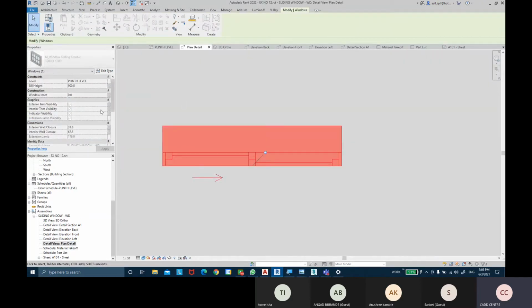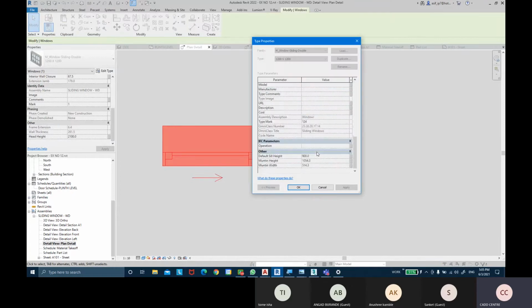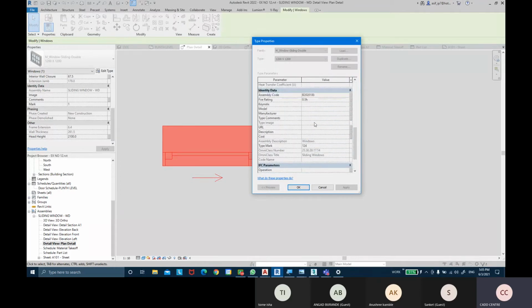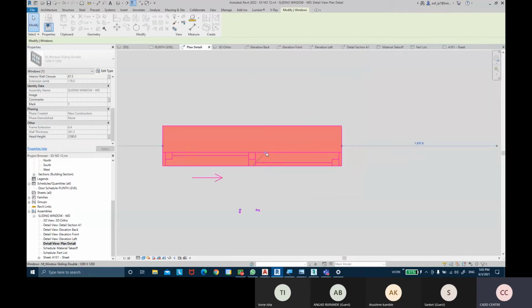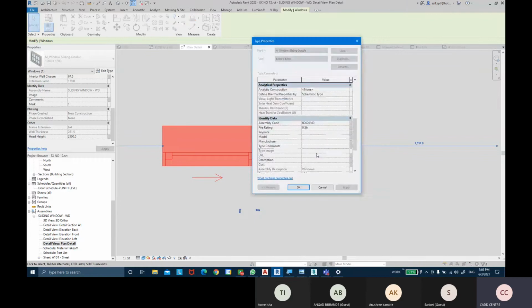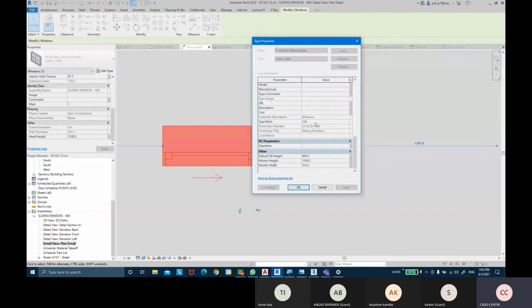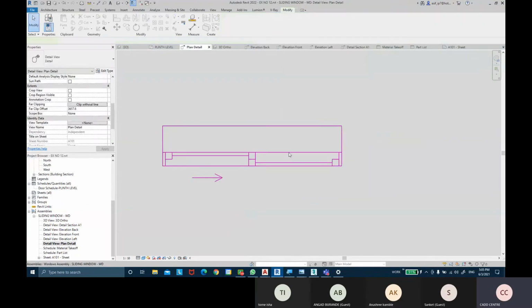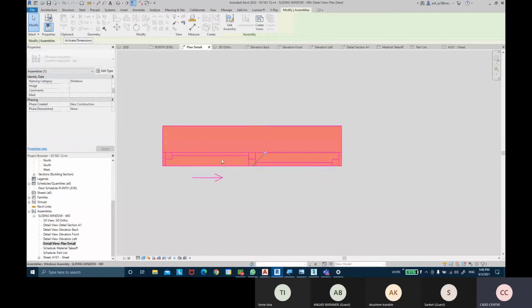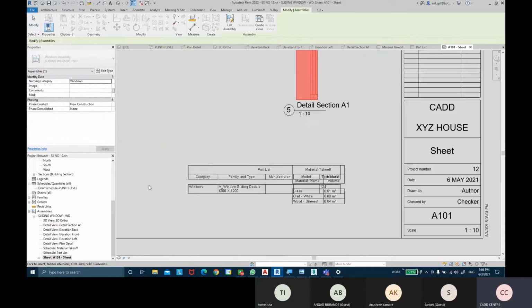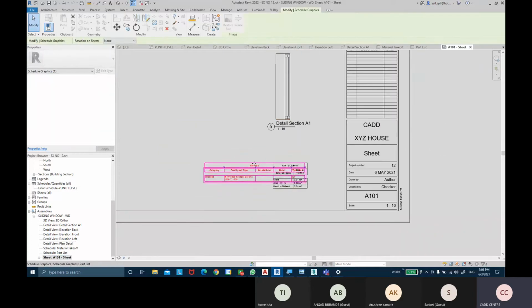Why is it not displaying the text? This is pinned, so unpin it and check. It should change. Okay, we'll check this later. Maybe it's an error in my file.